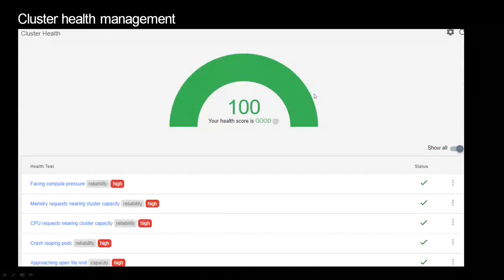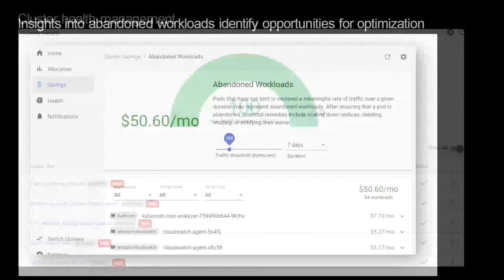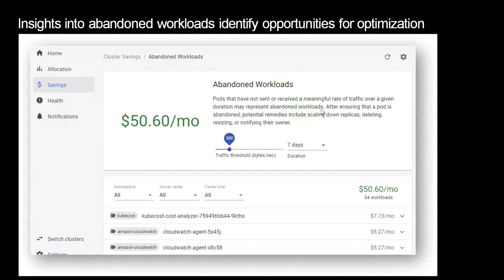At the same time, it can also tell you which EC2 instances are having a lot of memory pressure or CPU pressure, so you can do additional scaling. So all these features are provided. As I mentioned earlier, it can also give you insights into which EC2 instances you can safely drain, and it also measures the pods.